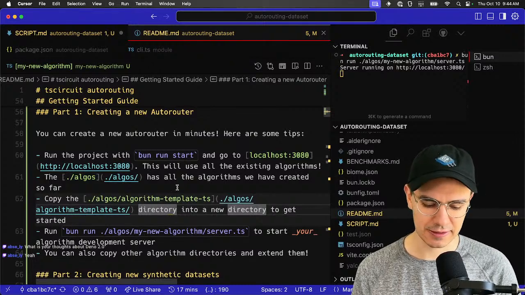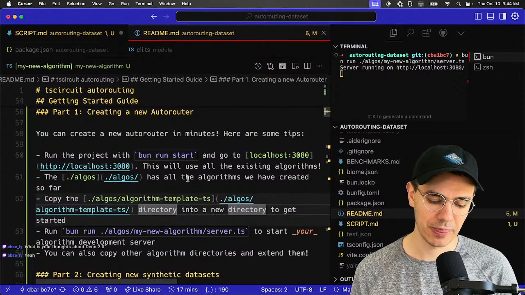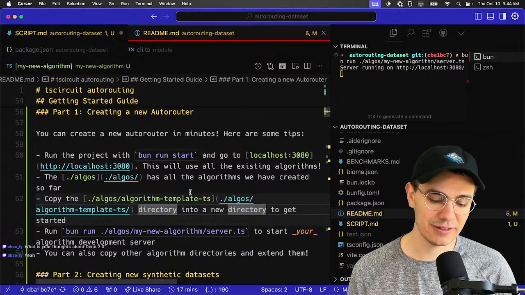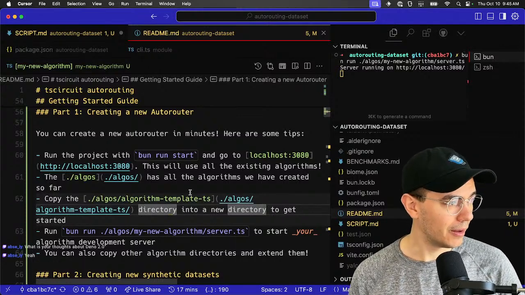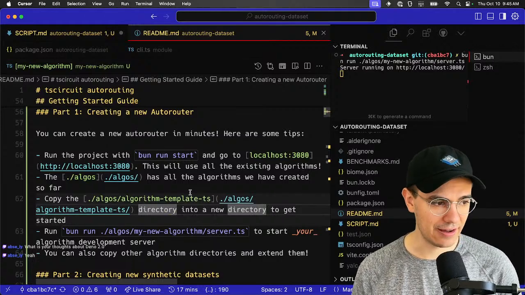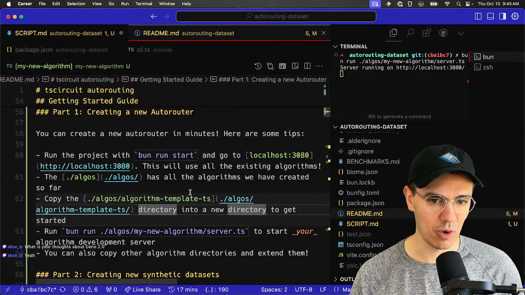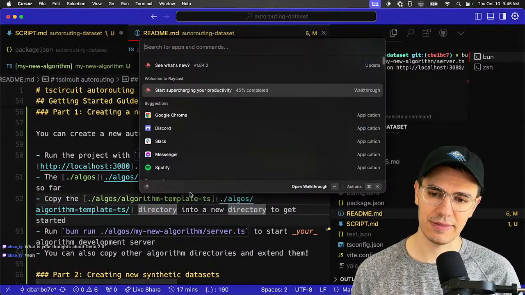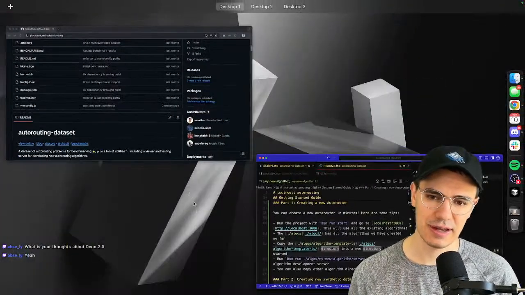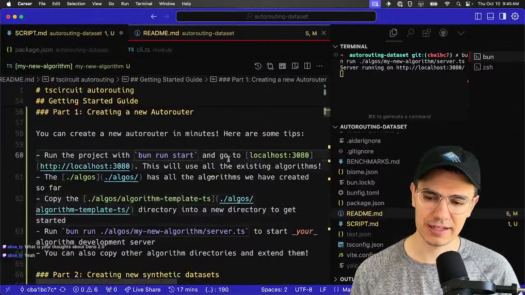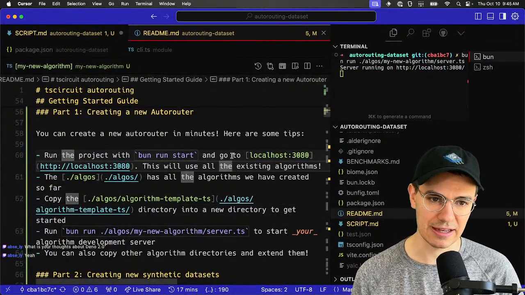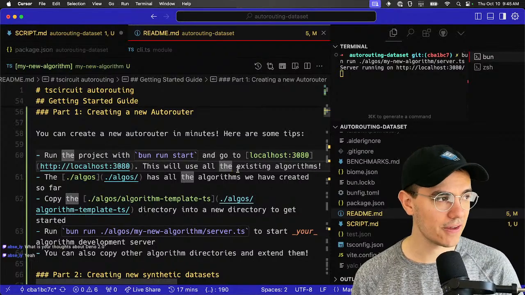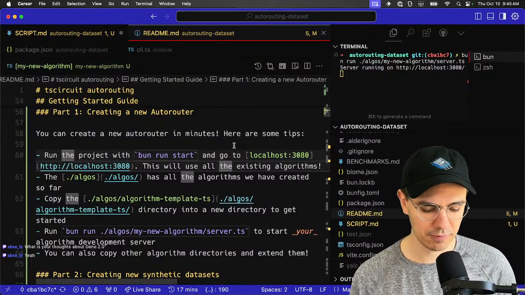What are your thoughts about Dino 2.0? Yeah, pretty cool. I really like Dino. I didn't like how they didn't have npm compatibility. That was one of my biggest things. The other thing that bothered me was running tests in Dino. I didn't like the developer experience running tests. I thought they gave really bad test errors. I don't know if they fixed that in Dino 2.0, but